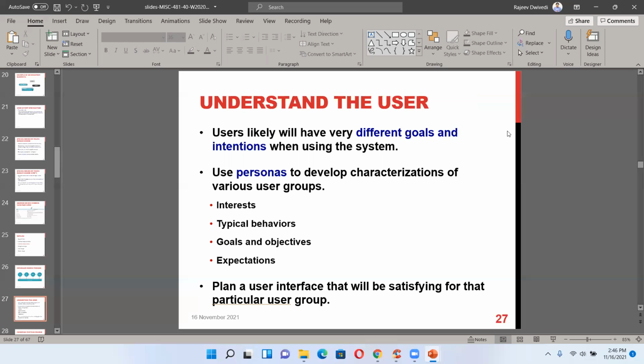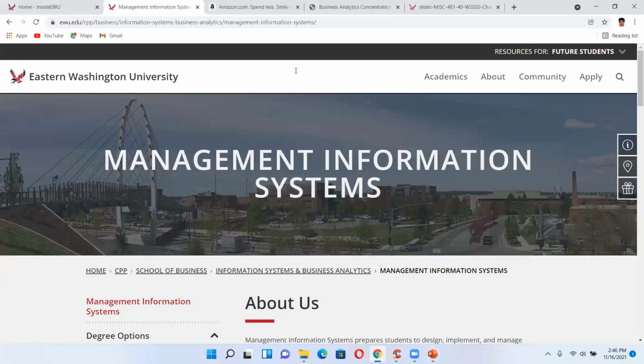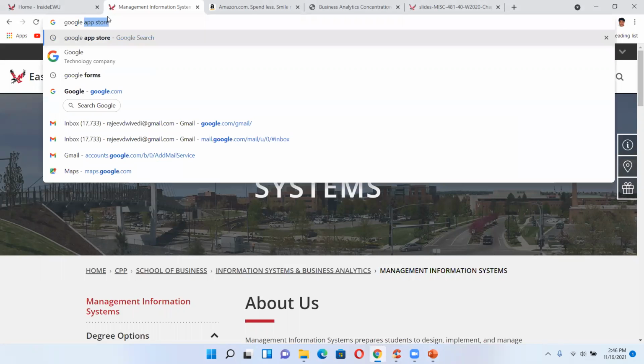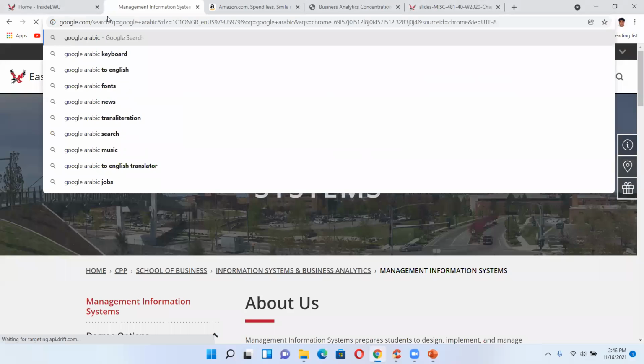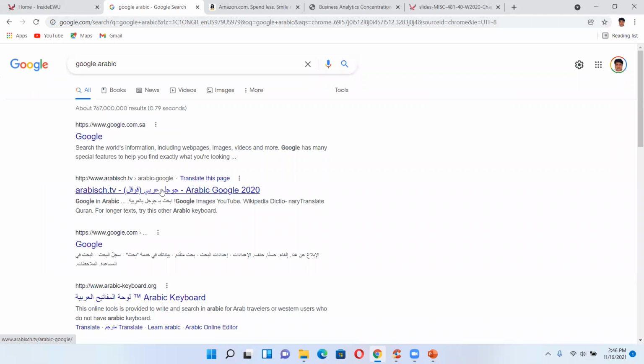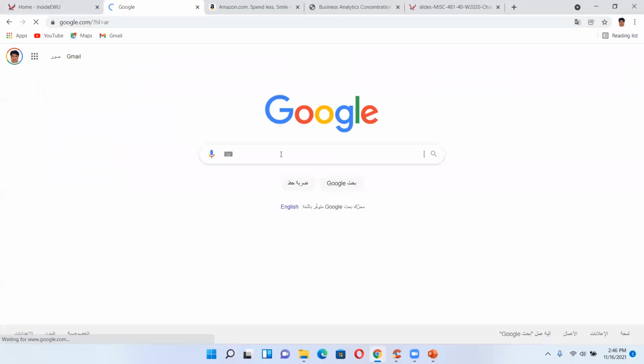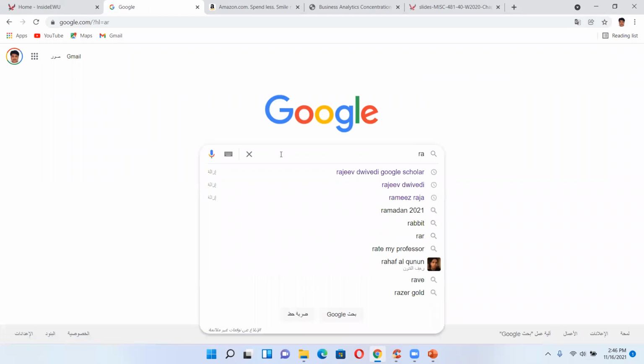Even Google has designed this. If I can show you, for example, Google Arabic. Look here, it starts from the right side.